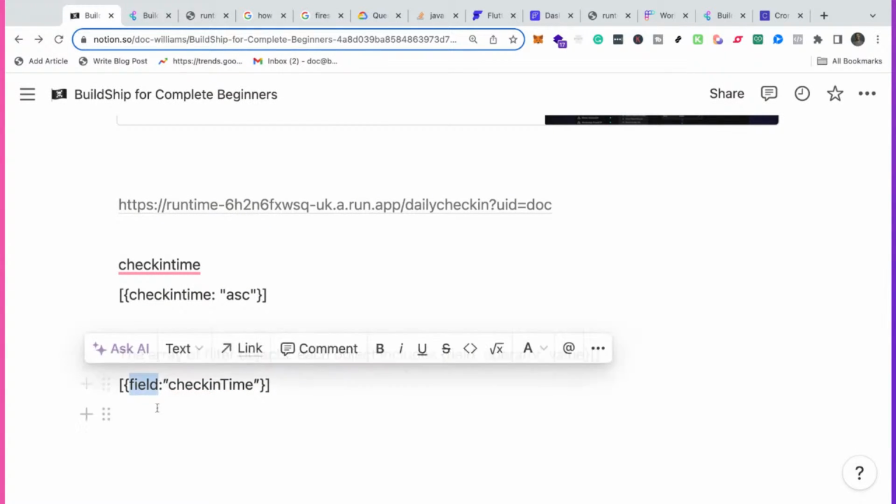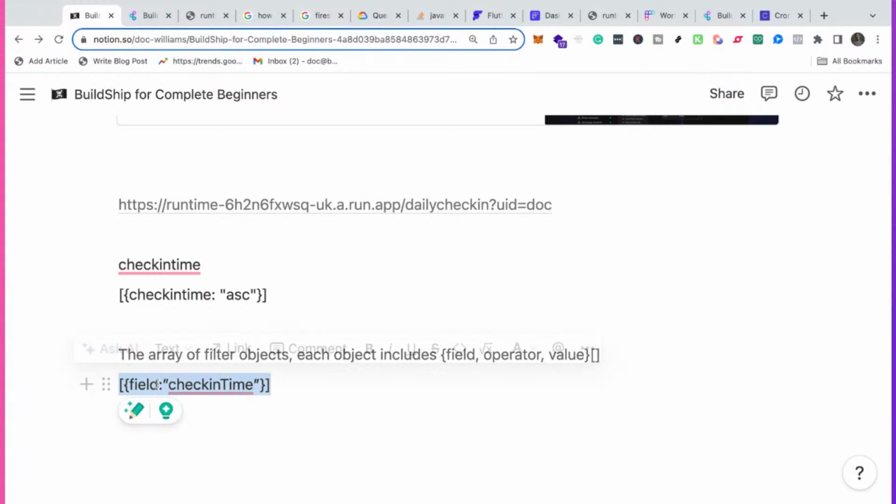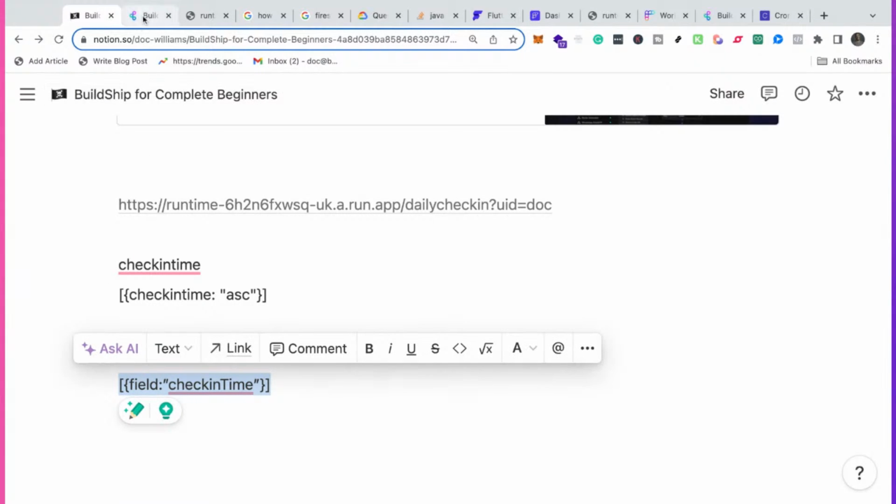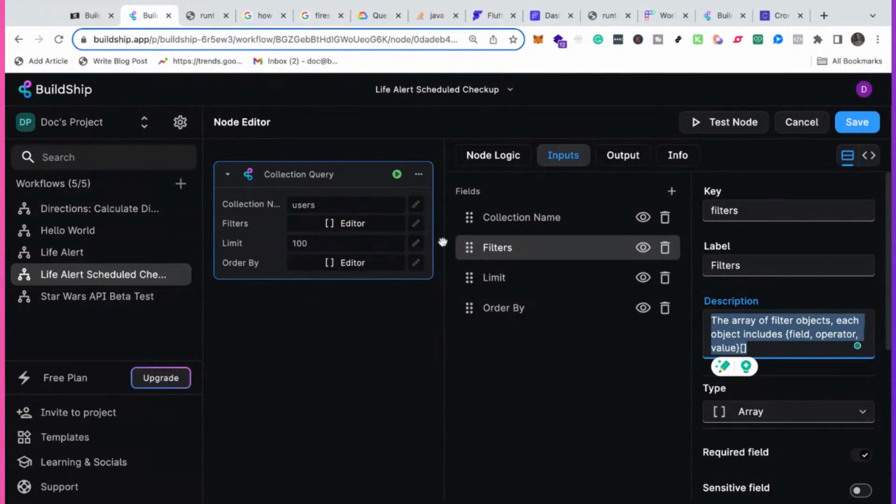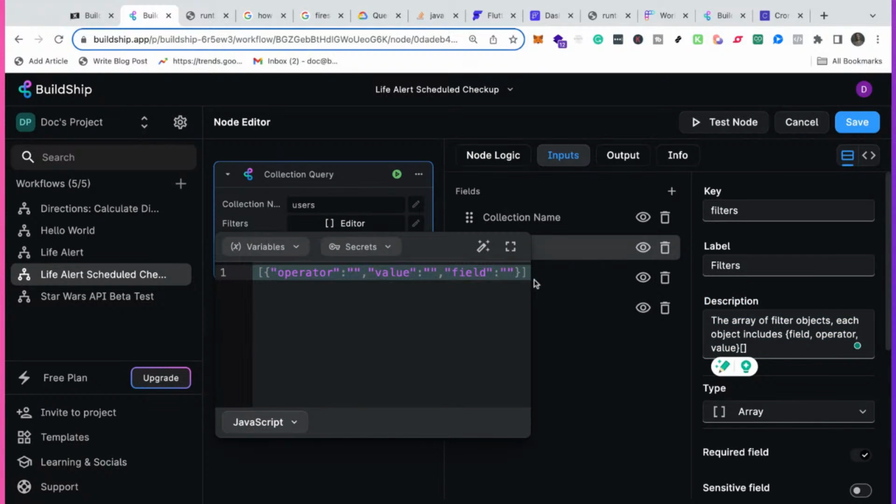And then yeah, I think maybe we'll do it in BuildShip. It'll be better. Basically we'll do the rest in BuildShip, because I realized the quotes might be a problem if you click on the filter now, editor. Oh, so it's already done for you, actually. So we can just type in the